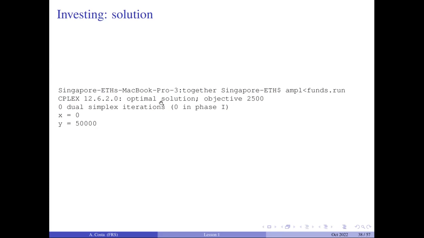And you see that it was very fast. Usually for solving this is almost immediate. The moment you click, you have the solution. It's also telling you that it did 0 iterations. This dual simplex is just the algorithm that is used by simplex to solve the linear programming problem, but basically it found immediately the solution. It was very easy. So this is the solution.